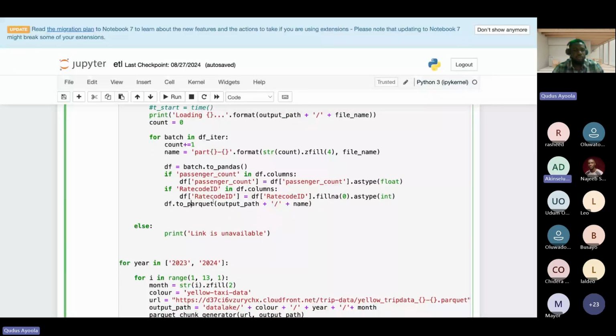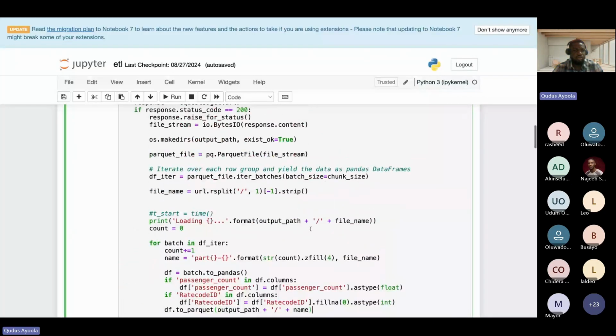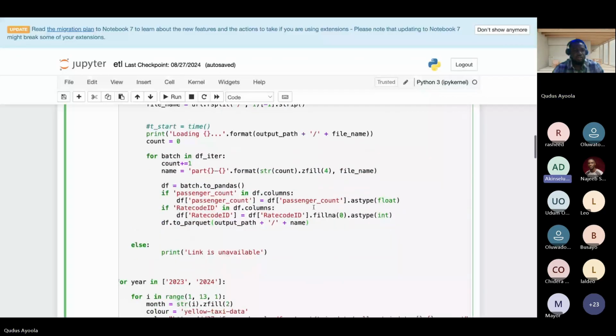As it's transforming in batches, it's then loading my data directly into a destination table right here. So you can see the data frame. For each batch, I'm iterating through these batches of the file, then I'm converting it to pandas.